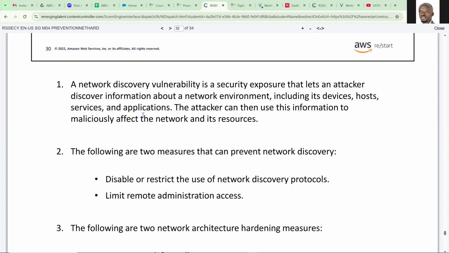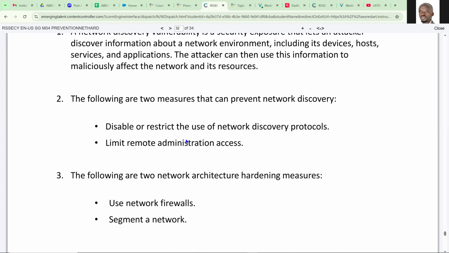A network discovery vulnerability is a security exposure that lets an attacker discover information about a network environment, including its devices, hosts, services, and applications. The attacker can then use this information to maliciously affect the network and its resources. So how can you prevent that? We said one, you can limit remote administration access, and you can also disable or restrict the use of